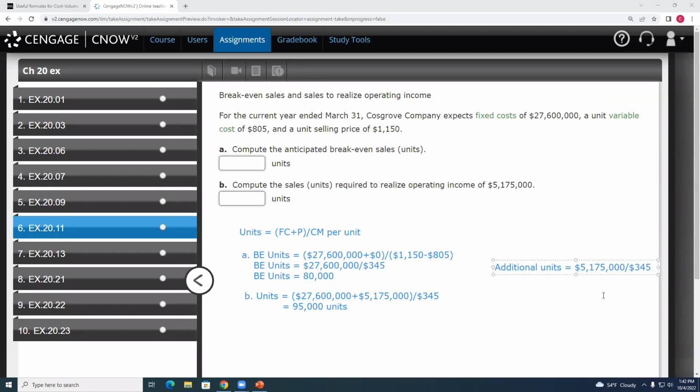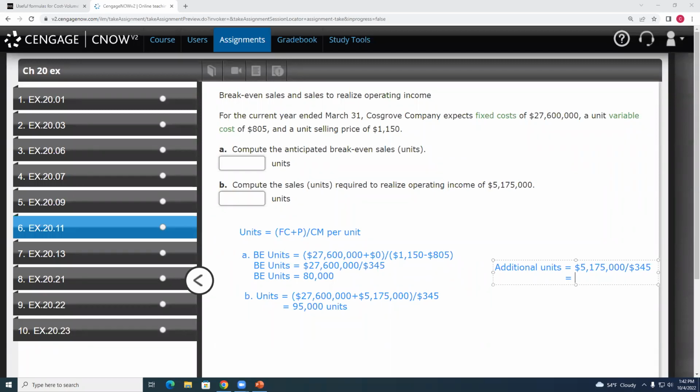How many more units would we need to sell to earn that profit? Once you cover the fixed cost, the concept of fixed means it's not going to change if we make more units. So once we cover the fixed costs, each additional unit adds $345, the contribution margin, to our bottom line,